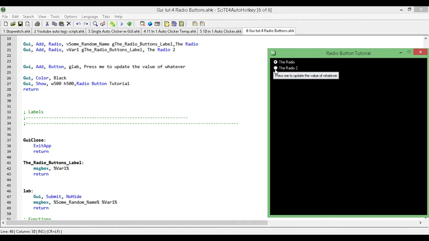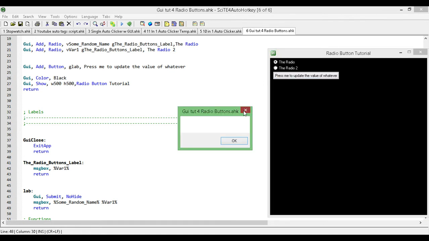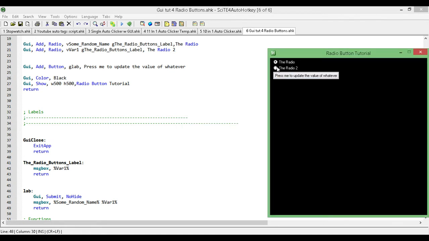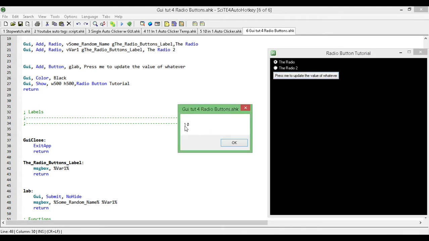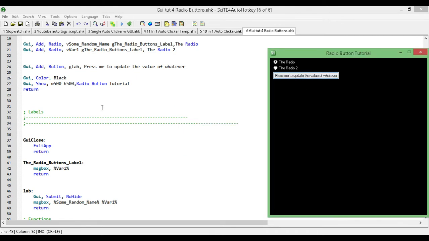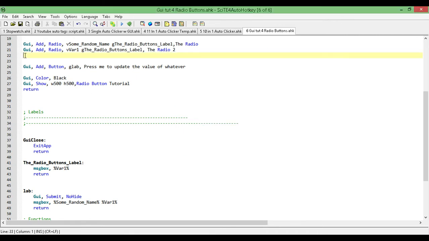Okay, so here we've said that we're going to store the value of 1 into the first variable, and now it should have a value of 0 in the second variable. I press our submit button, and there we go. So the first one is a 1, the second one is a 0. Okay, and if I add in